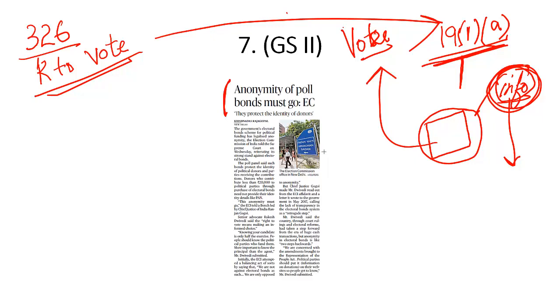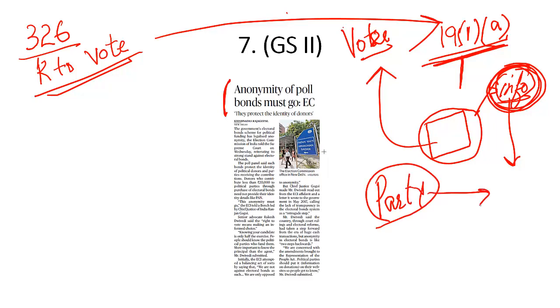But now, if I know information about the candidate, this is only half the information. I should have the information about the party as well. And what sort of information do I require? Who funds this political party? Because let's say, for example, I believe in environmentalism. So I want to vote for a political party A which also believes in environmentalism. But what if I come to know that there is a company or a corporation which has a history of being anti-environment, and this company is providing funds to this political party?